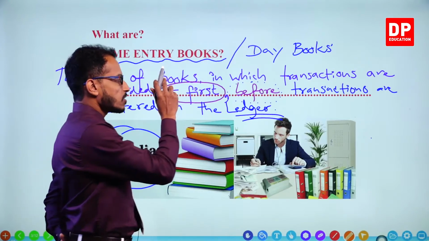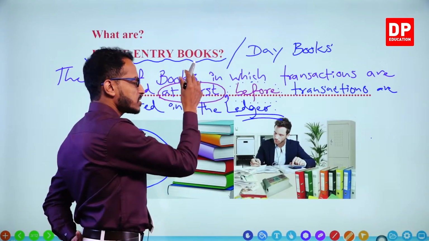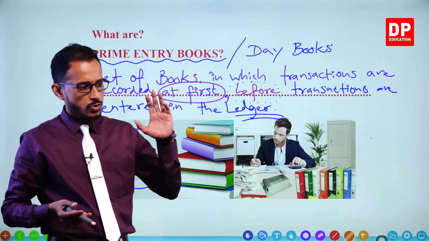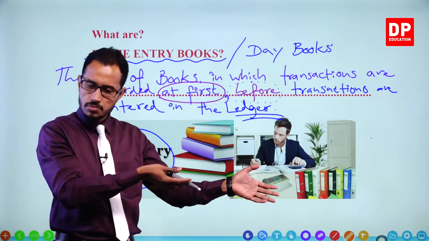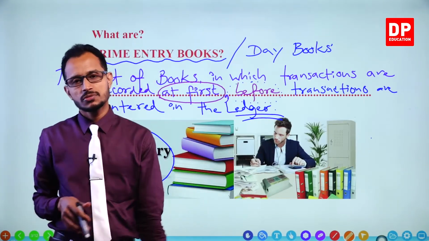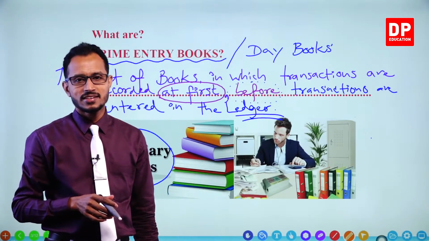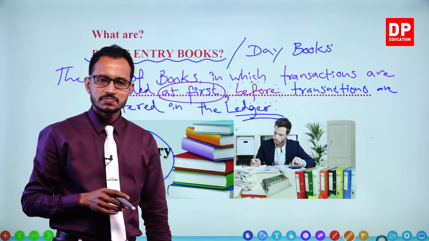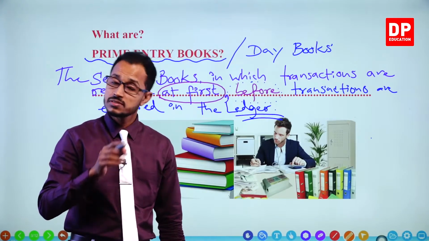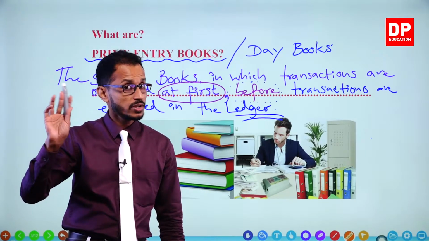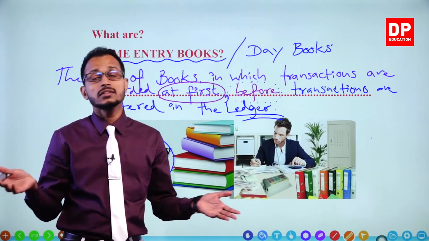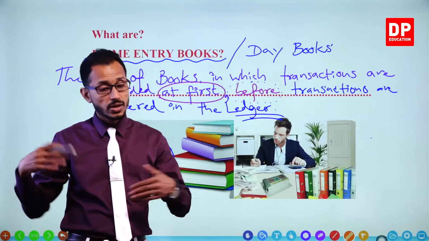Because when the transactions are entered into ledger accounts, you refer to the prime entry books. You take the transactions from the prime entry books to the ledger accounts. Directly, every time a transaction happens, the transactions cannot be recorded in ledger accounts. The bookkeepers can't draw accounts and record the transactions